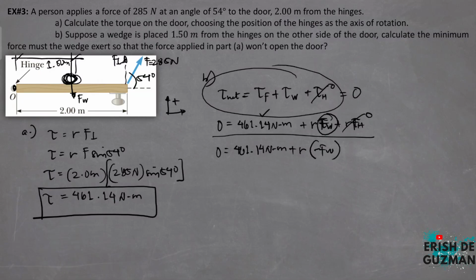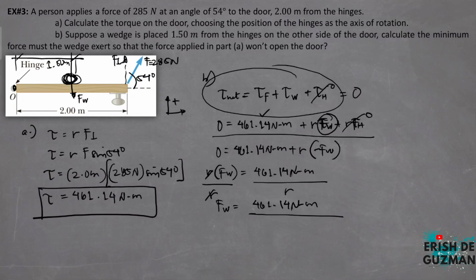And solving for the force ng wedge, lipat natin sa kabila. R times positive na siya, force ng wedge equals 461.14 Newton meters. We divide both sides by the radius ng wedge. Force ng wedge is equal to 461.14 Newton meters over, ang radius is 1.5 meters. Cancel yung meters. Ang matitira is Newton. 461.14 divided by 1.5 is equal to 307.43